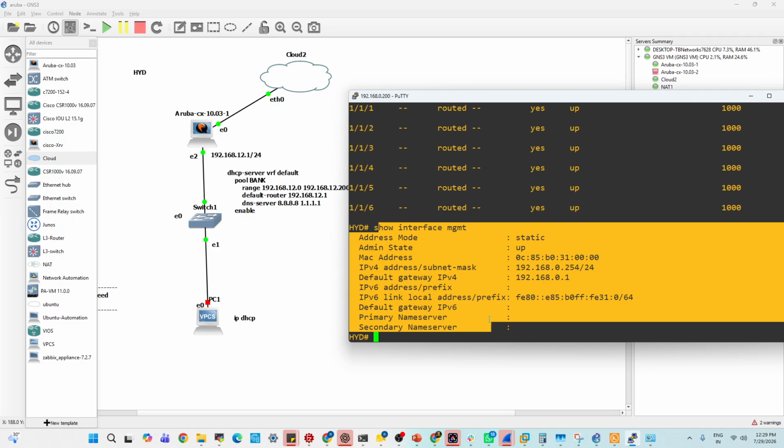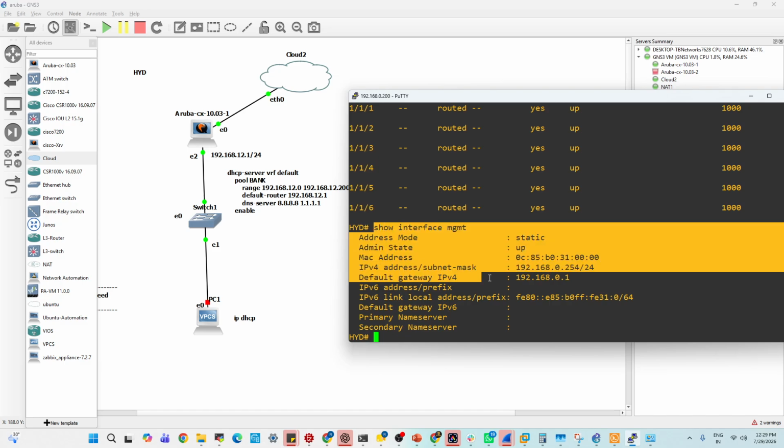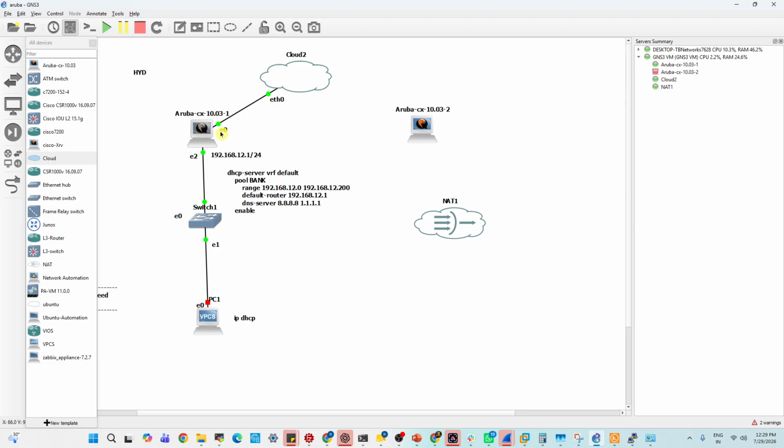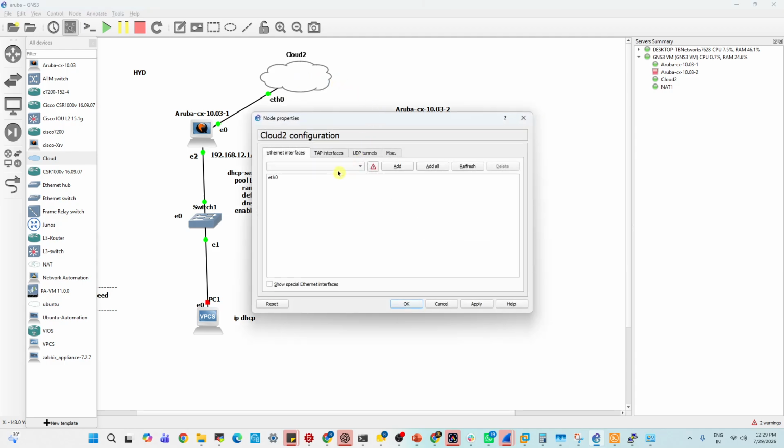If you want to get GUI access, you must configure an IP here. Now on GNS3 you have multiple interfaces, right? E0 is called the management interface. So now you need to connect a cable from E0 and take a cloud. Here in GNS3 you have a cloud, drag and drop it, and then go to configure, and now this cloud is a VM cloud.